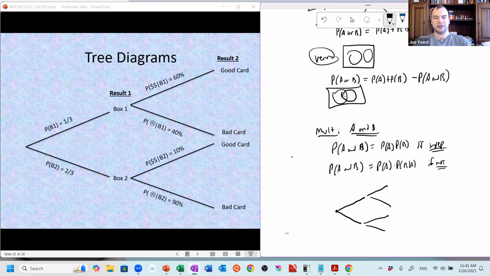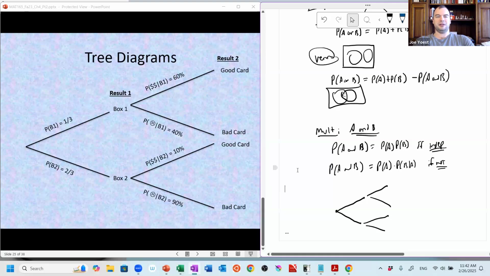They can be a helpful schematic. They can help us to keep things sorted out and arranged to make it a little bit less confusing. Sometimes following the algebra alone can be a little hard to follow, but using a schematic like this can help us organize things a little bit.